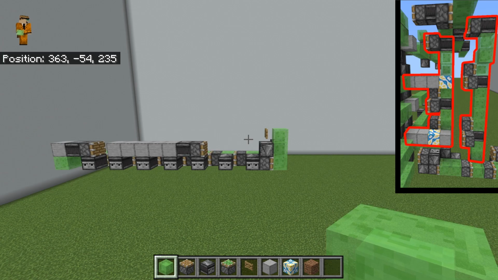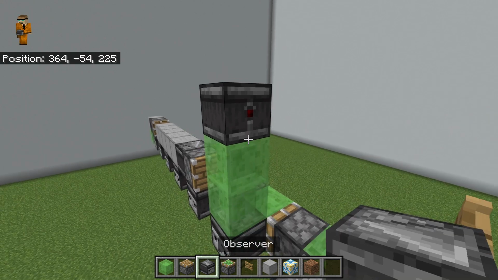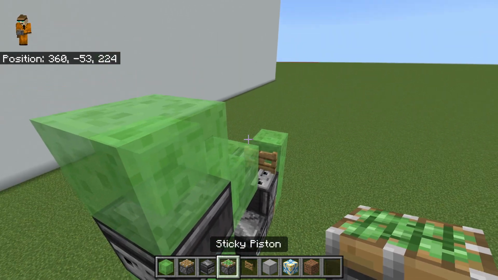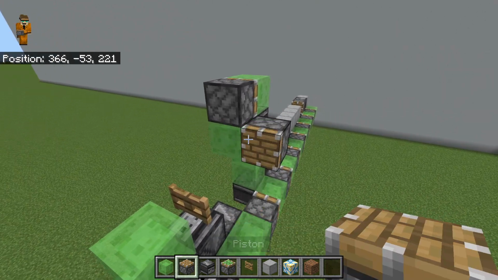The next part of this build is the circuitry behind the TNT launcher. To build this, start by placing 1, 2 slime blocks there with an observer facing forward on top like that, and then that goes into a slime block with another slime block here like so, and then a sticky piston facing backwards. Next, come around to the other side of this and then place a regular piston on this slime